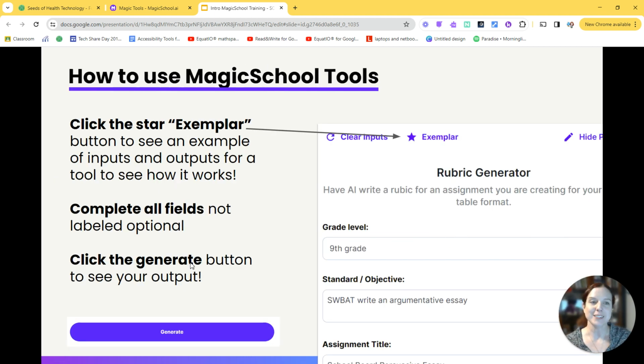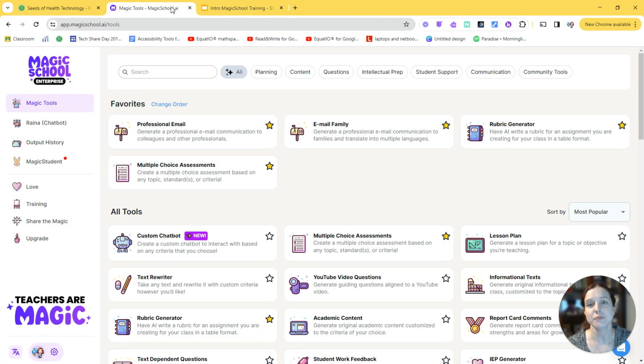Okay, now this next part's a little tricky because we're going to go back and forth a little bit, so hang with me, but we're going to go through and talk about what's there on the screen when you're using one of their tools. So they've got some really helpful built-in features. I'm going to do the same one that they had up on the screen just to make life easy,